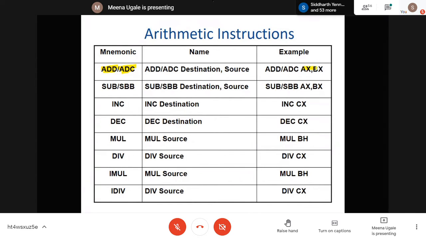Which two operands you want to work on, you have to mention here, destination and source. Either I can use ADD AX, BX, or I can use ADC AX, BX. Similarly, you have subtraction instructions SUB or SBB. SUB will consider only subtraction without borrow. SBB will consider subtraction with borrow.